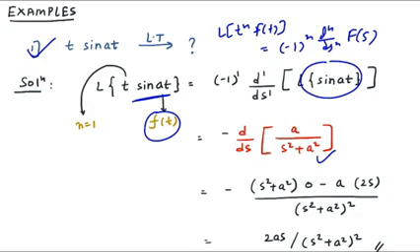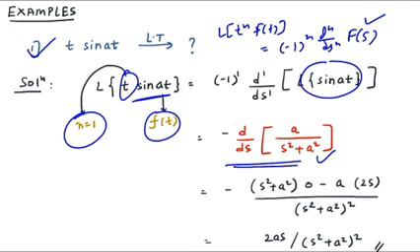So I got capital F of s in my first step. Now the second step is to check what is the value of n. So the value of n here is 1. So you have to differentiate once, and it would be minus 1 raised to 1, which is minus 1. I hope this part is clear, how to apply the property, how to apply the formula.